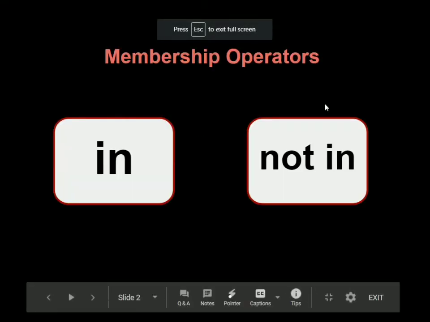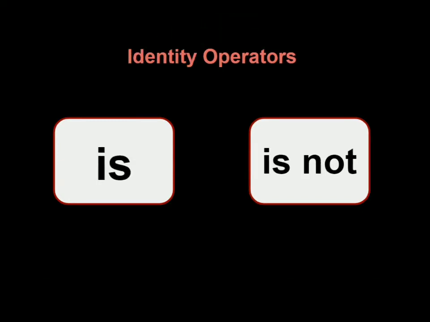Let's go ahead with the identity operator. Now what does the identity operator tell us? For example, if I am Ananya and I want to check if I am Ananya or not. Might sound funny, but that is basically what identity operators do. Is or is not, it checks if the ID of something is the same or not.